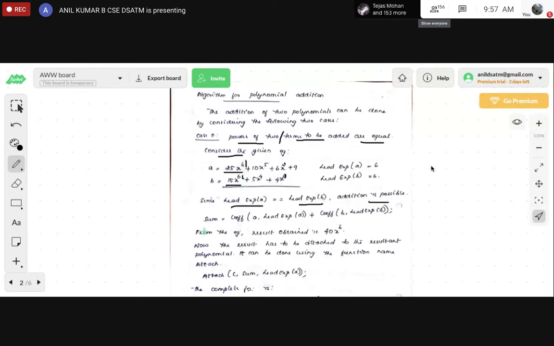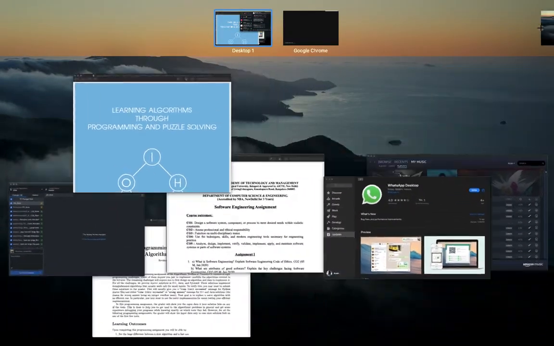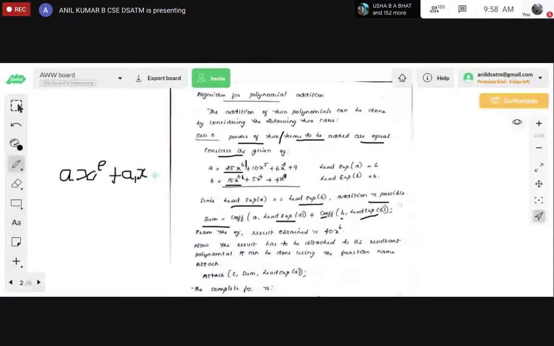For that we're going to write the sum of coefficient of a and coefficient of b, which is nothing but a x power e plus a1 x1 power e1.